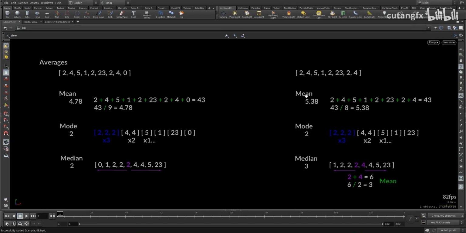So it does the same thing that mean would do, except on a much smaller scale, because it's only looking at 2 numbers, so it adds them together and divides by 2. So here in this case, we've got 2 and 4, which add to 6. 6 divided by 2 is 3. So our median average is 3 in this case. By dropping the 0, our median average went up, our mean average went up, and our mode stayed exactly the same. So this is just a way so that you can understand what these different averages are doing,